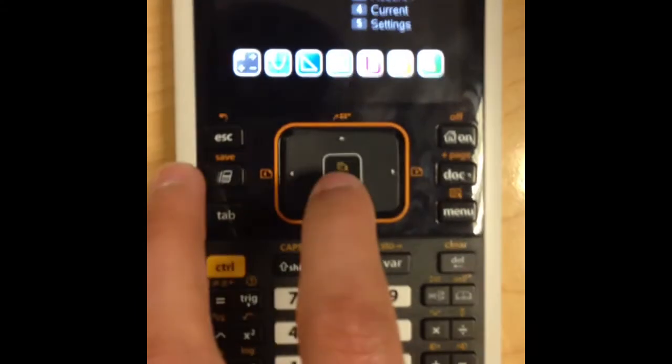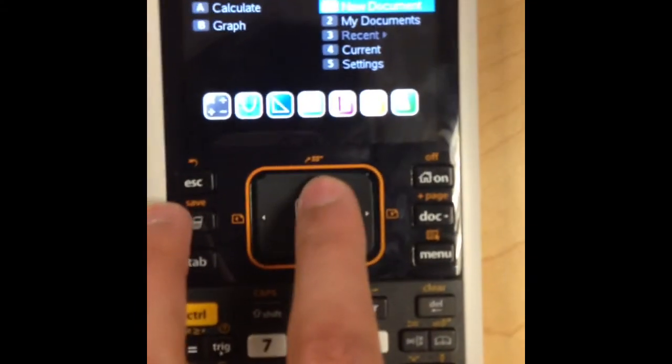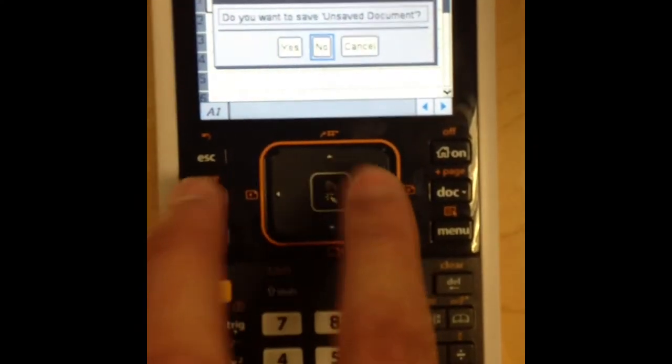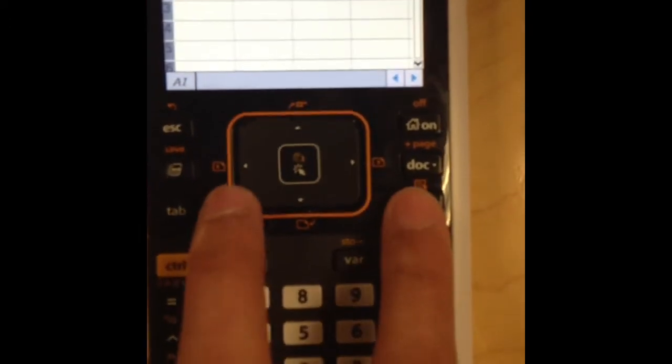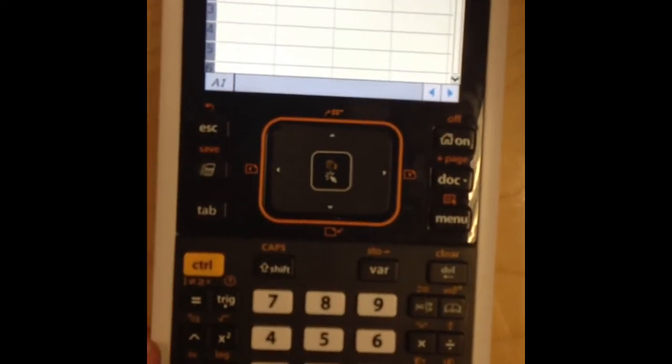Done. To do this on a calculator, create a new document, add lists and spreadsheet, enter all your numbers, and press menu